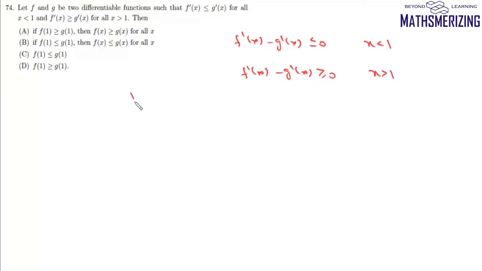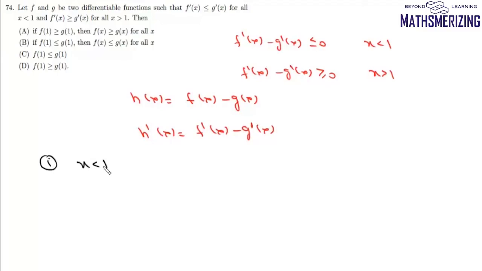So we'll consider this function h(x), which is f(x) minus g(x). Then we can write h dash x as f dash x minus g dash x. Now we'll consider this first case when x is less than 1, that is when f dash x minus g dash x is less than or equal to 0. So here we can say this h dash x is less than or equal to 0,